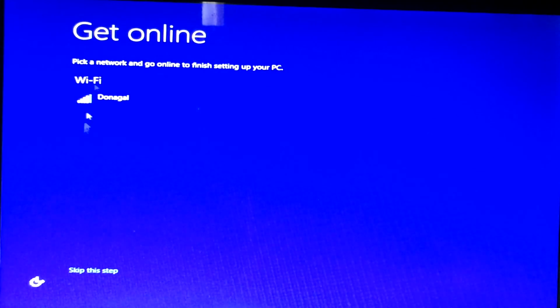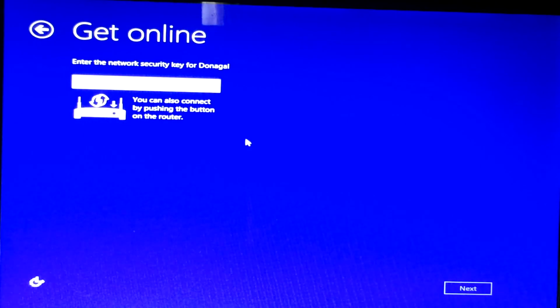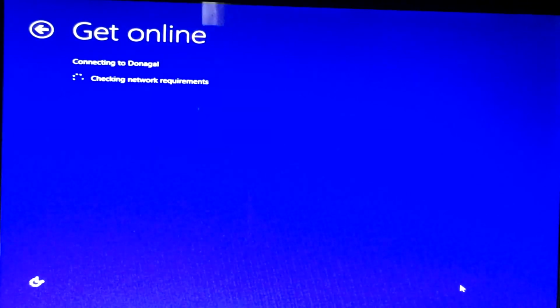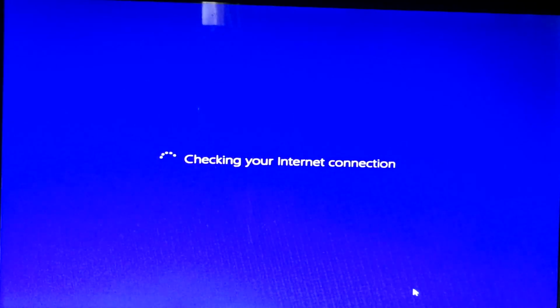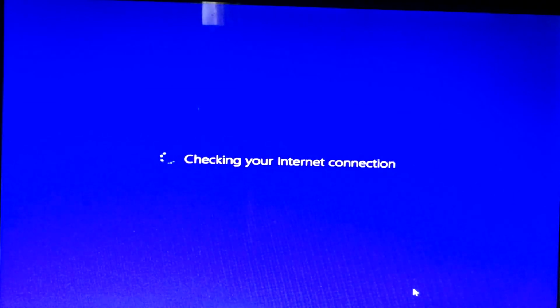So you want to get online, so you want to get set up. We're going to get set up on the Wi-Fi here. So let me just type in the password for the Wi-Fi, and that came up, so that will just be blocked out. Alright, so now you can go through the express settings. I recommend going through the express settings for the technical preview so that they can do their thing. Otherwise, you can customize it if you want. Checking your internet connection, making sure you are online. Alright, so now it's just going to check your internet connection, make sure you're all good, all set up,